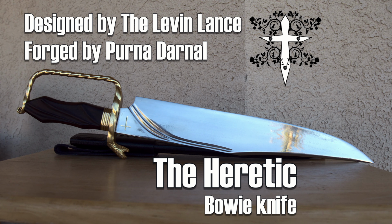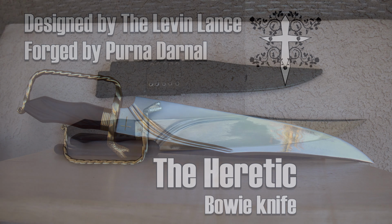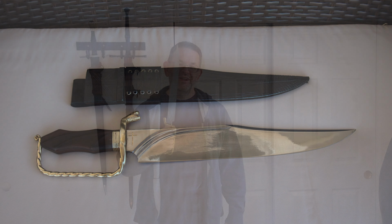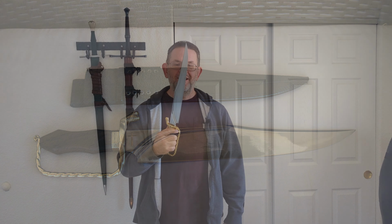Can a Bowie knife replace a sword in the kit of a monster hunter? When it's as large as this one, maybe it can. Hello, this is Kyle, also known as AlienTube, and today I'm taking a look at the Heretic, a rather large